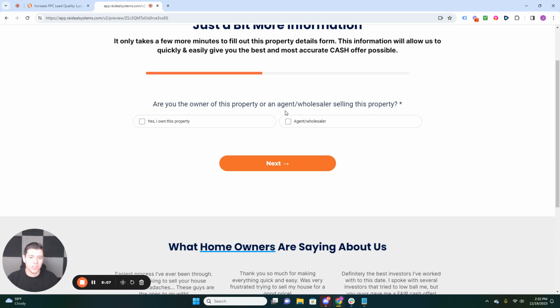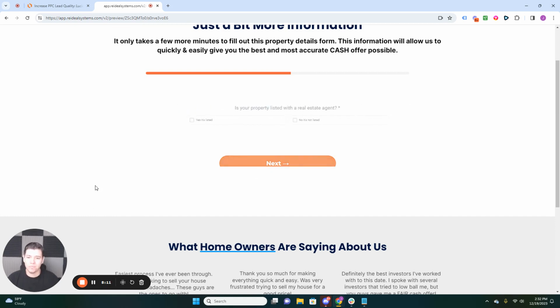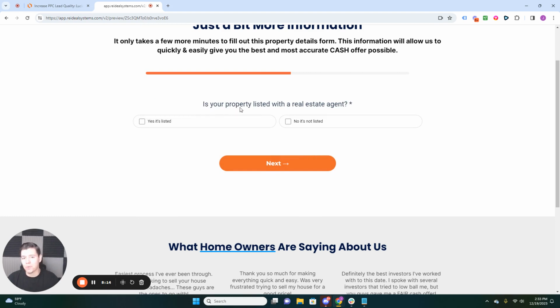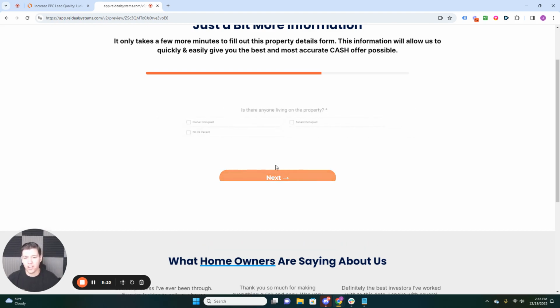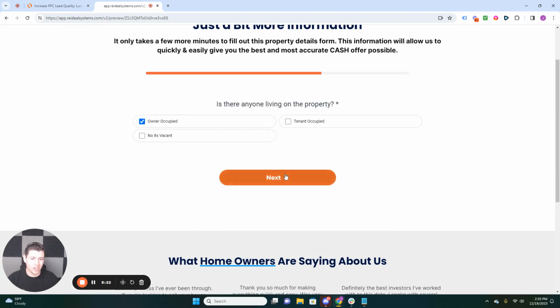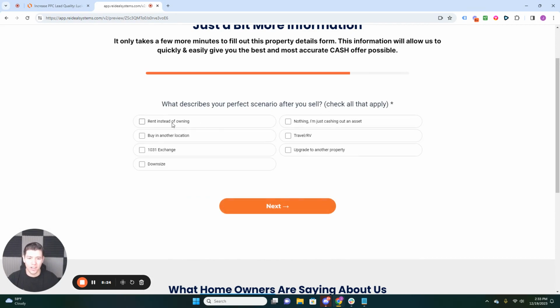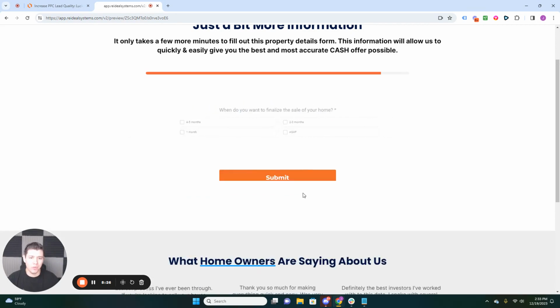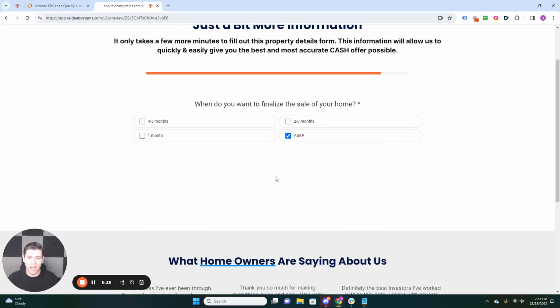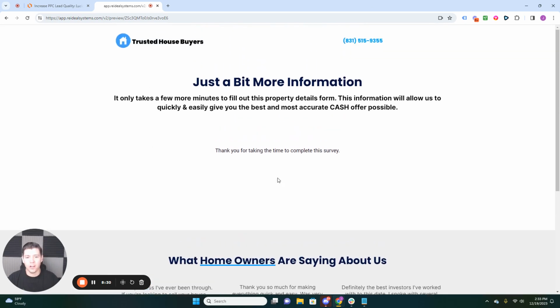So are you the owner of this property or an agent wholesaler selling this property? Yes, I own the property, right? Is your property listed with a real estate agent? No, it's not listed. Again, if they mark yes, it's going to push them to a different final URL that does not have the conversion action on it and will not fire, right? And this is just the remainder of the information here, selling as soon as possible. And now we are on our thank you page, etc. Right? So that's really it in terms of the